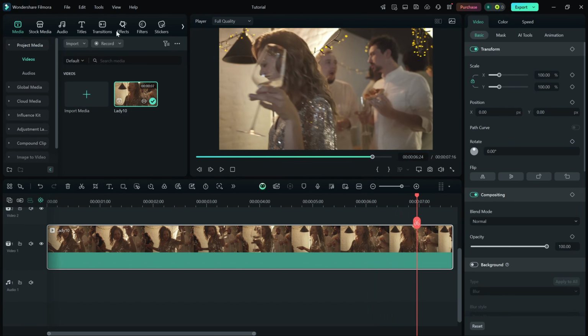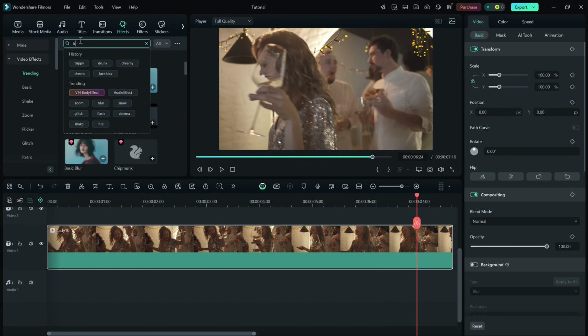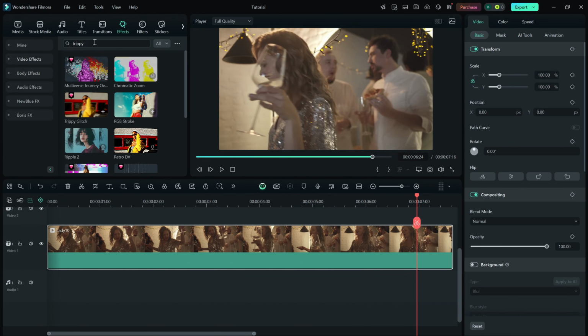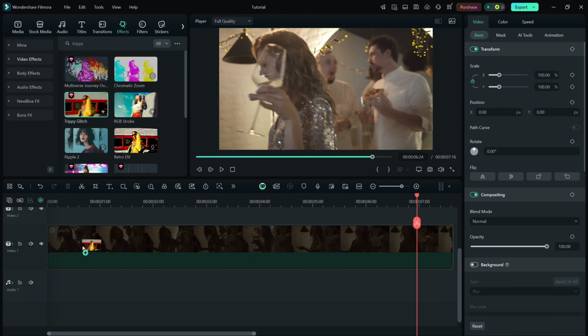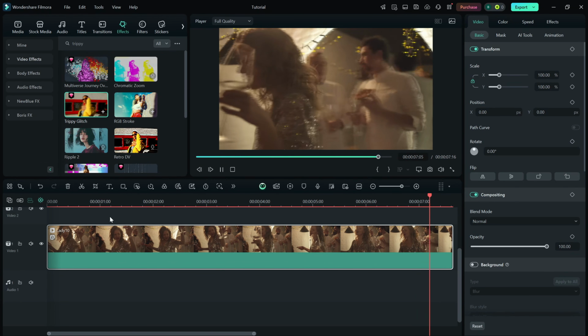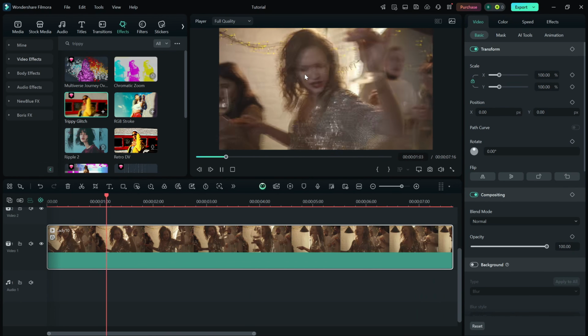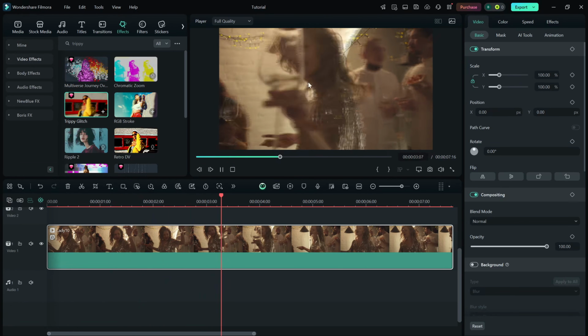Go to the effects panel and search for Trippy. You'll see an effect called Trippy glitch. Drag and drop it onto your clip. By default, you'll notice both a wavy motion and a glitch effect, but since we don't need the glitch, we'll